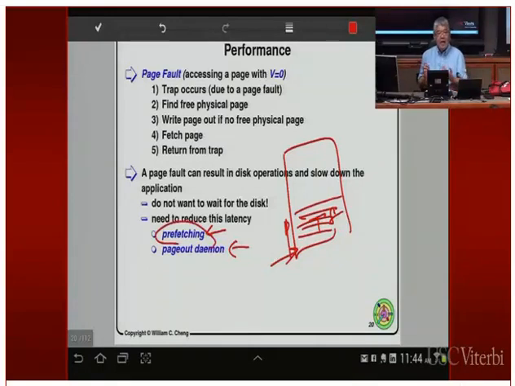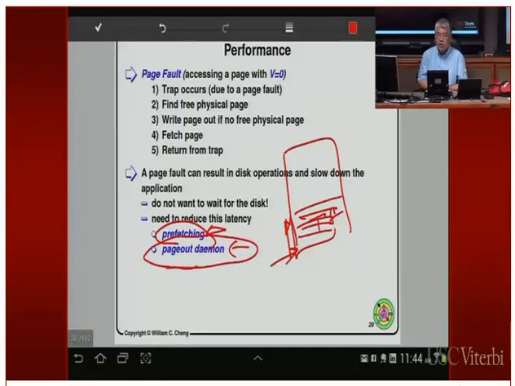So at the time you fetch the first page, you free up pages and load those pages from disk, so that for the next 7 pages you're going to access, you don't have to wait too long. But in this case, again, it doesn't really help because you need to search through the data structure. That might be too slow.